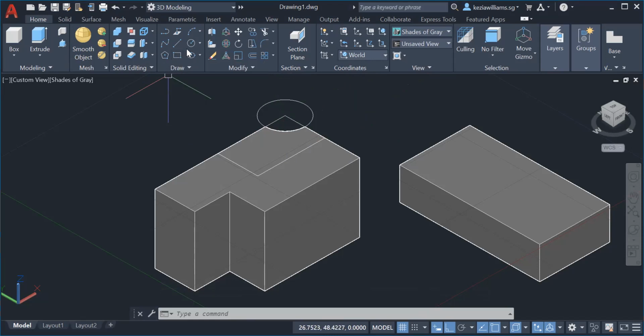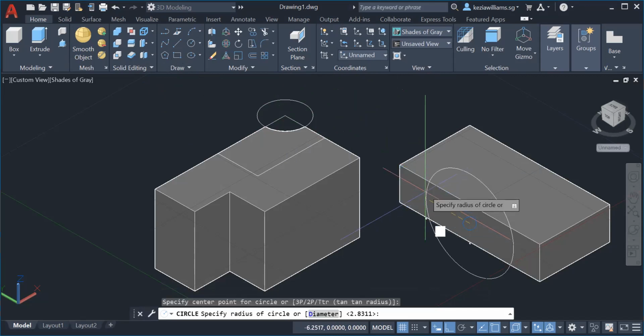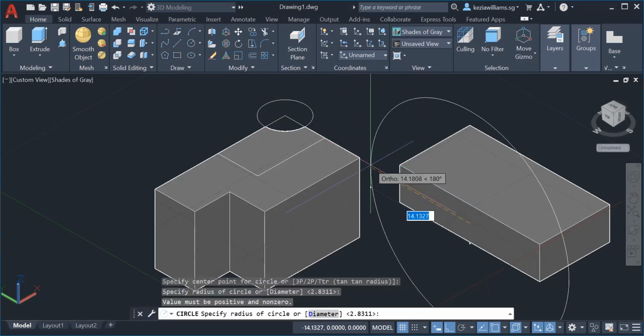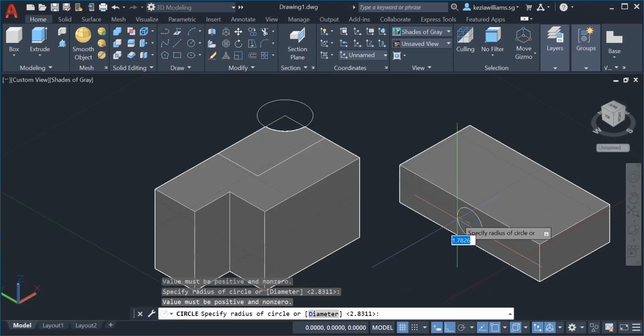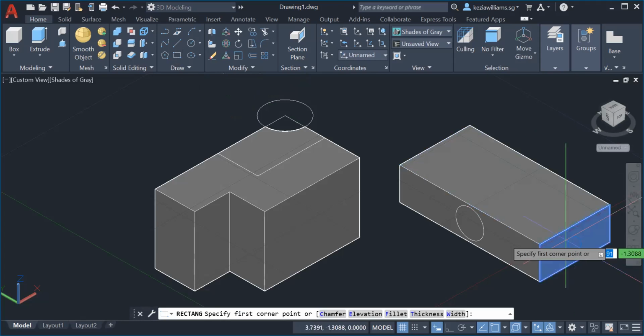So multiple is actually what you do is, for example, you have a circle here. Okay, you have a circle here, maybe 2. Then you have a rectangle here.